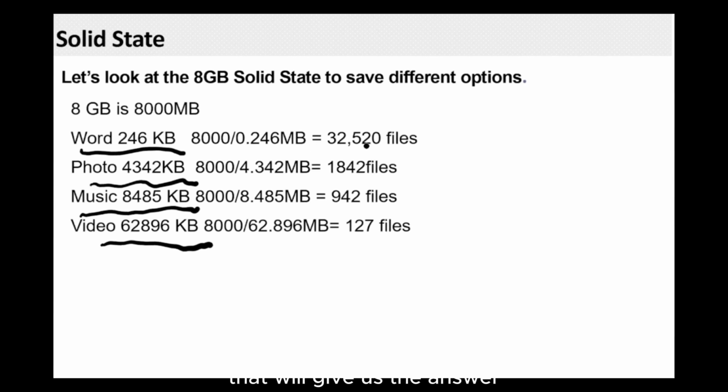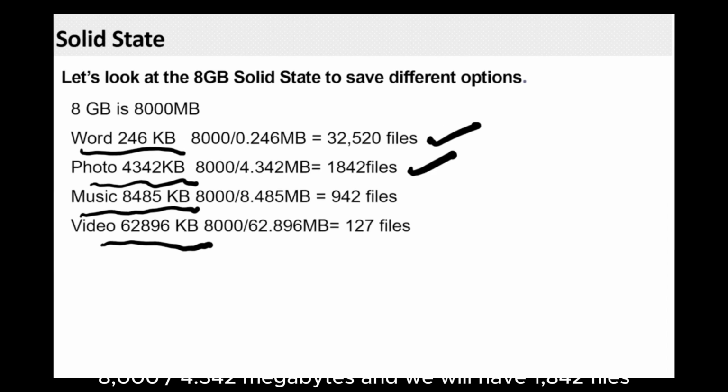That will give us the answer: 32,520 files is a word file. Photographs, we will do exactly the same. 8,000, because they have given us saving capacity 8,000. 8,000 divided by 4.342 megabytes, and we will have